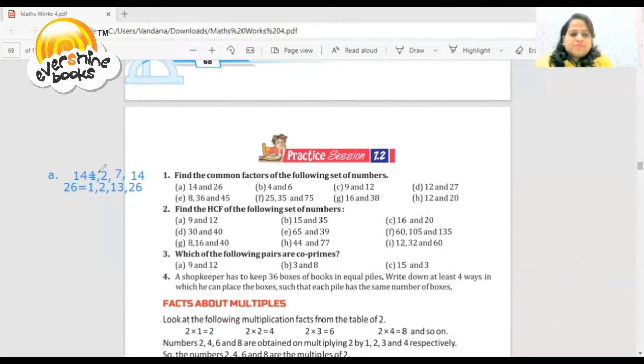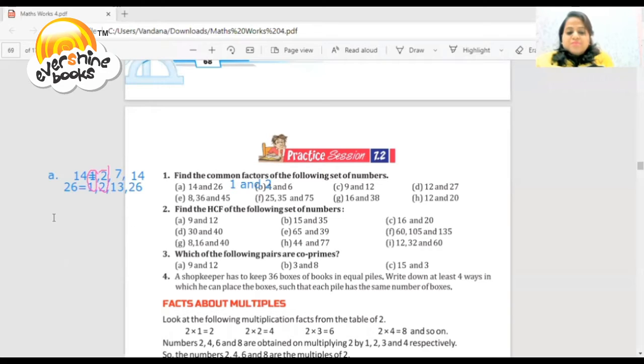1. So just circle the number 1, and then 2 is a common factor in both the numbers. So 2 also is your common factor. So 1 and 2 are the common factors of these numbers. Okay, got it? So right here, 1 and 2. Okay, your answer is 1 and 2. Means common factors are 1 and 2.